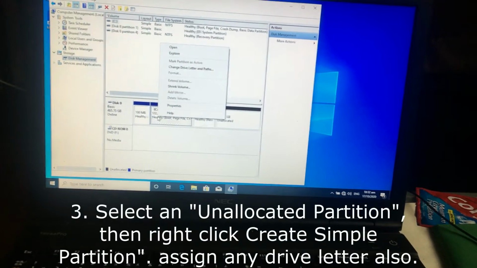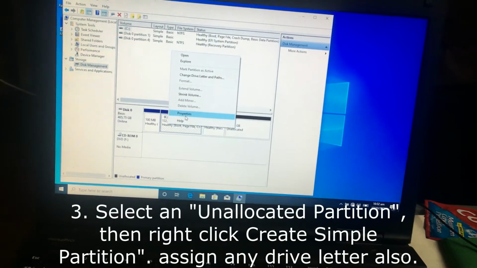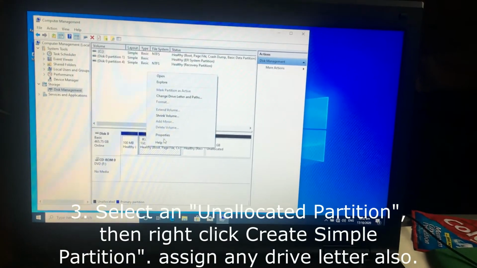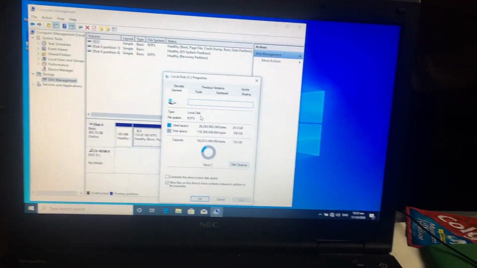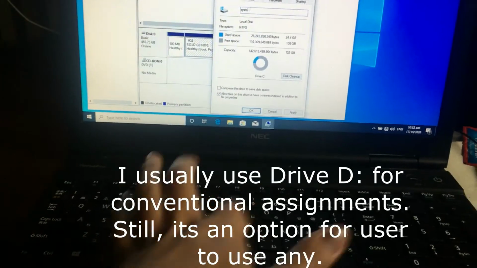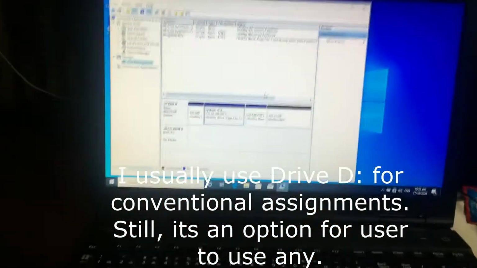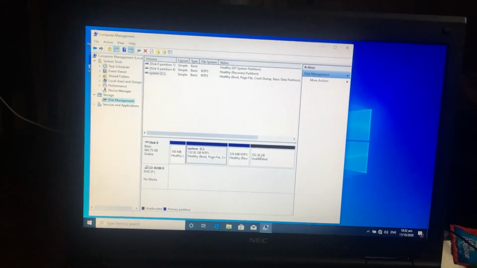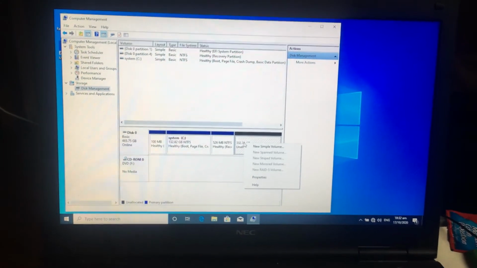Yan, usually ang ginagawa for proper unification ng mga labels, I'll go to properties, then lalagyan ko siya system. Bakit nilalagyan ko ng ganito? For easier identification kung sino si drive C at sino si drive D. Next is going to right click